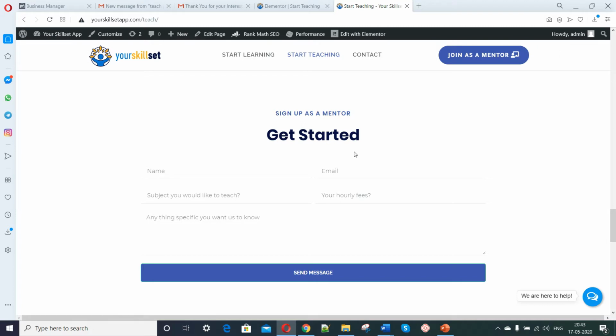How do we connect forms to email marketing software, or how do we send a confirmation mail and a series of emails that follow to all the users who are signing up or filling up a form on our WordPress website or any kind of website form? So here I'm using Elementor as our page builder. I'll quickly land on the form.